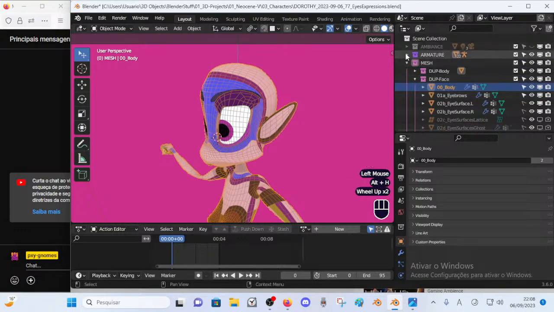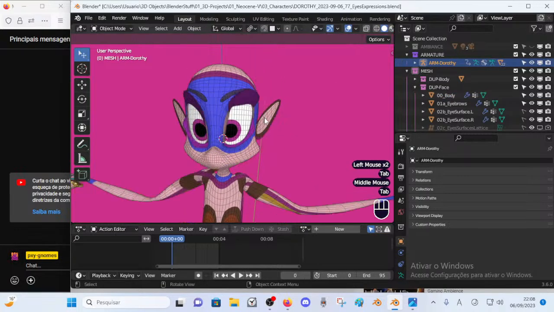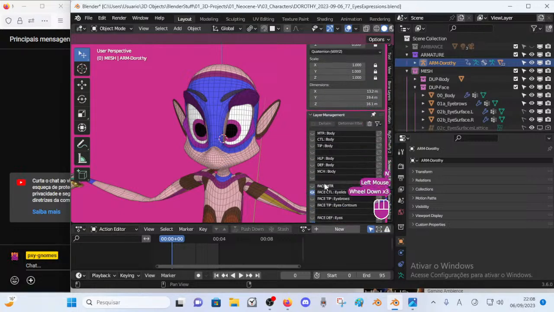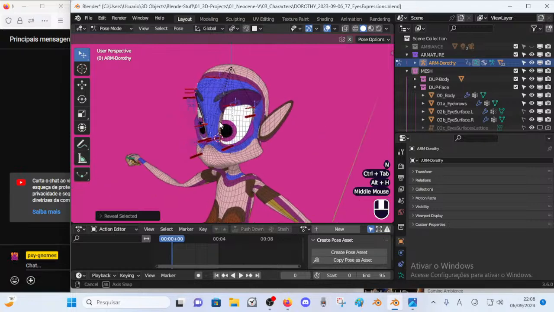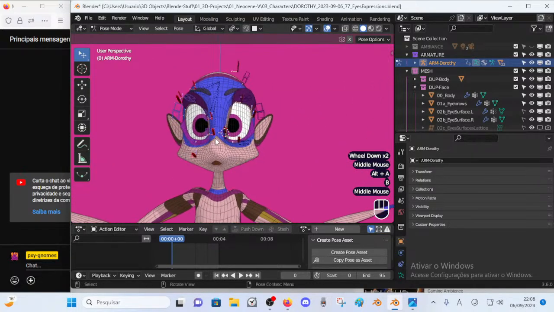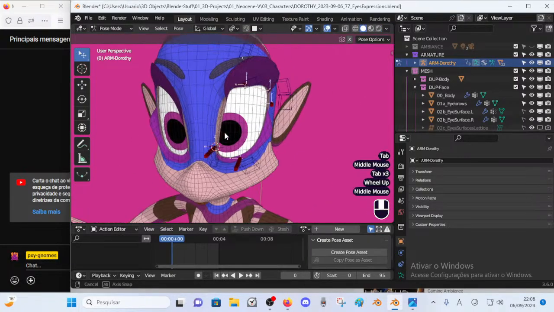Where is the armature? Okay, so apparently, oh, what happened? I think, yeah, I hid all the bones. All right, so now,